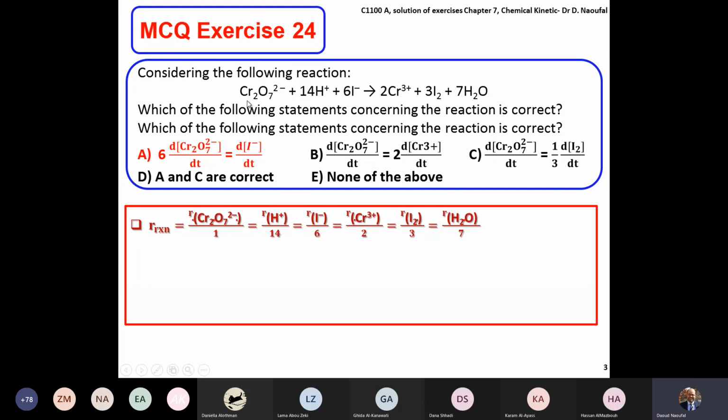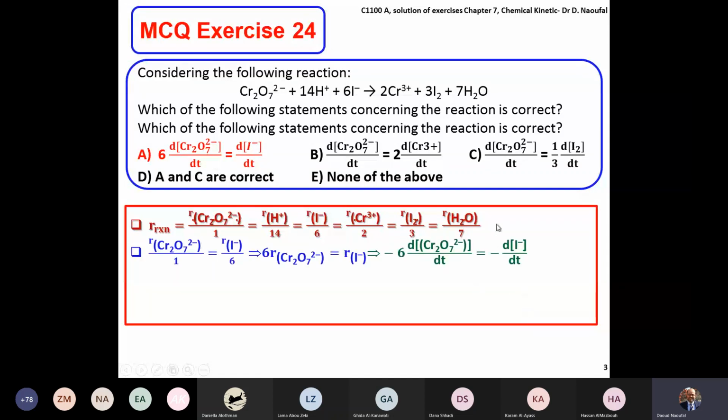So the rate of the reaction equals the rate of disappearance of dichromate divided by 1, equal the rate of disappearance of H plus divided by 14, equal the rate of disappearance of I minus divided by 6, equal the rate of formation of chromium 3 plus divided by 2, the rate of formation of I2 divided by 3, and the rate of formation of H2O divided by 7. This relation should be applied at the same time t. So in the answers, we should